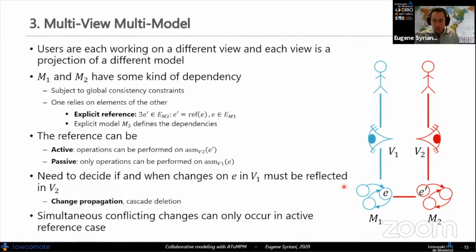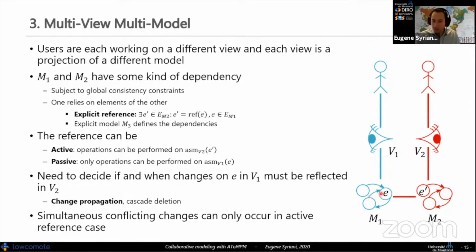So of course, maybe not all the changes of the source of the element need to be propagated to the other model, or at least to the other view. Maybe it is propagated to the other model, but may not be reflected in the view. And so we need to decide the mechanism of how this change propagation happens.